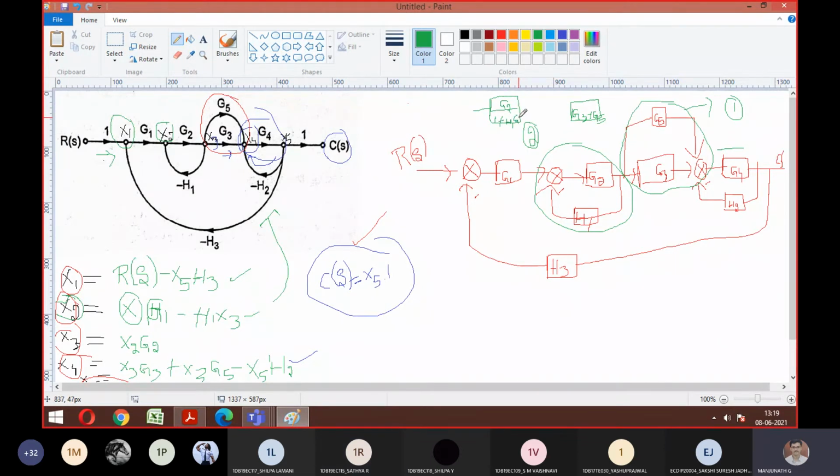Okay. So do you have one more feedback path here? Yes, sir. So you can take this G4 H2 as one more feedback path. Agree? So if you write this also as one block, check out all the 4 blocks are in series now. Then again that will become one block, which is going to be feedback with this H3. From this solution, you tell me what is the answer you're going to get. I want you to calculate this and tell me what is C of S by R of S. So we'll keep this answer to one side.